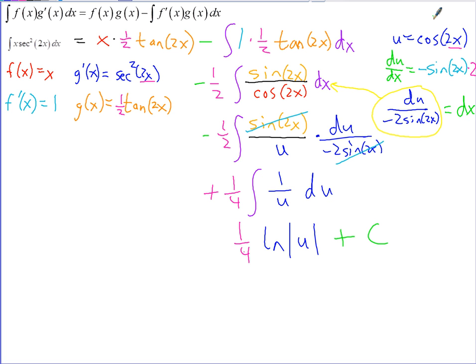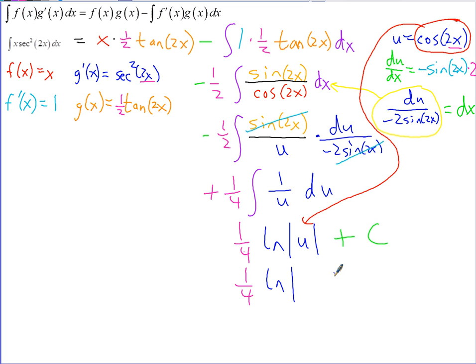So we'll take our cosine of 2x, which is what u is equal to, and substitute right back in here for u. So for this part of the integral, we've got 1/4 natural log absolute value cosine of 2x